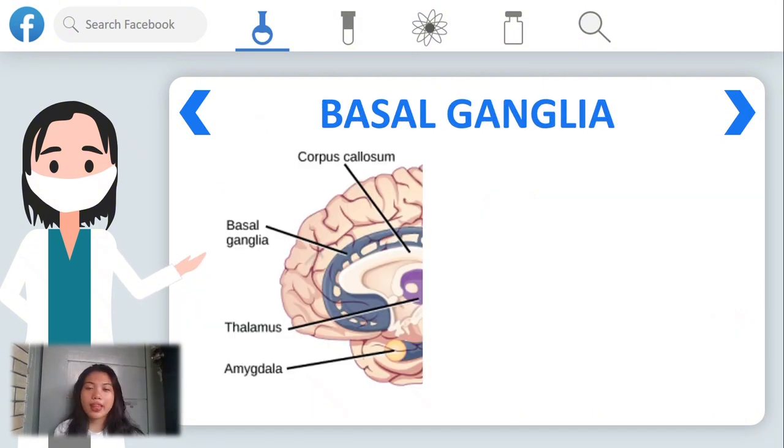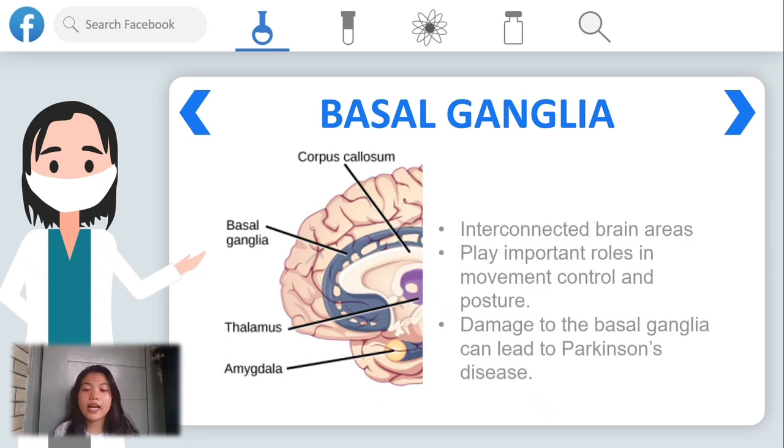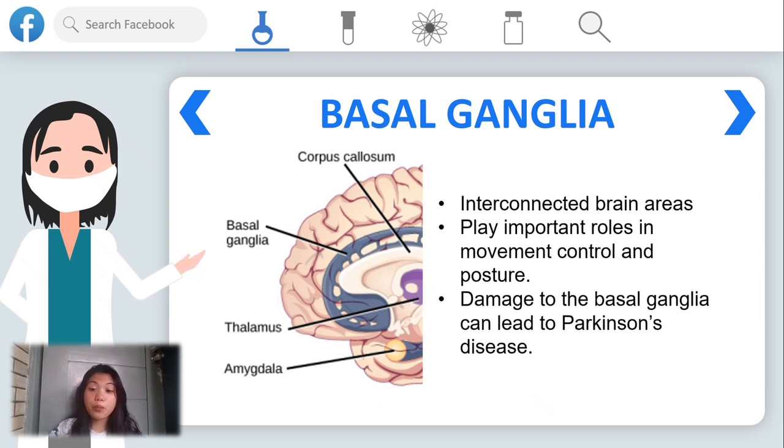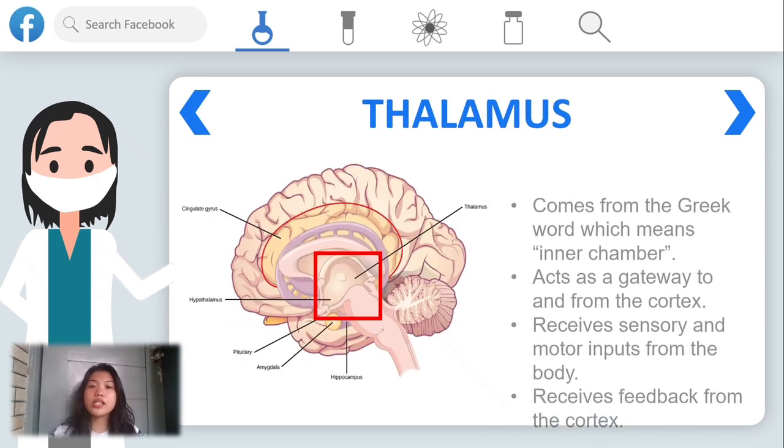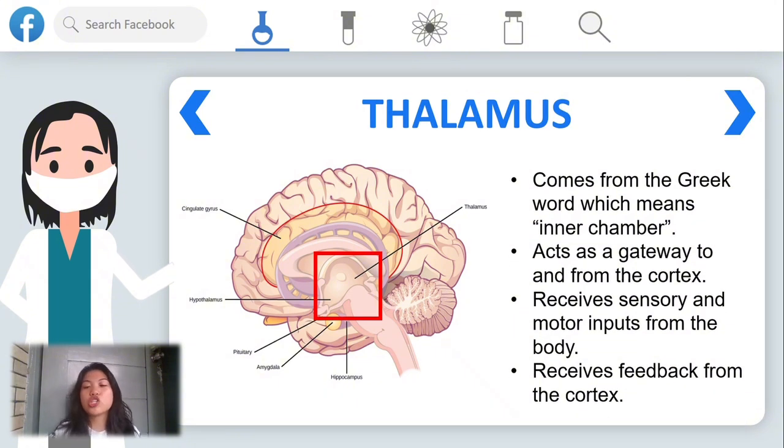Then we have the basal ganglia. It is interconnected brain areas. It also plays important roles in movement and control of posture. Damage to the basal ganglia can lead to Parkinson's disease. Then the thalamus comes from a Greek word which means inner chamber, and acts as a gateway to and from the cortex. It receives sensory and motor inputs from the body and